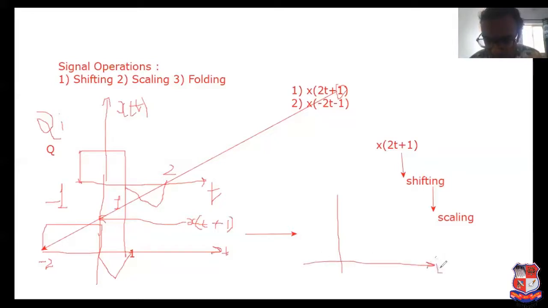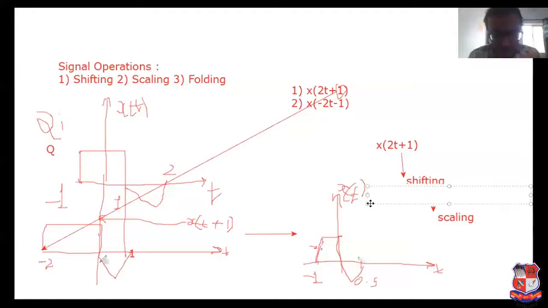Now this graph can start with, here it is known as t, here it is known as x of t. Divide the time value with respect to 2. So now it can start with minus 1, and here 1 divided by 2 means what? Completed at 0.5. So here we can get this type of signal. See, this is the compressed image, this is the straight line. This is the compressed image, or we can say it is known as x of 2t plus 1.